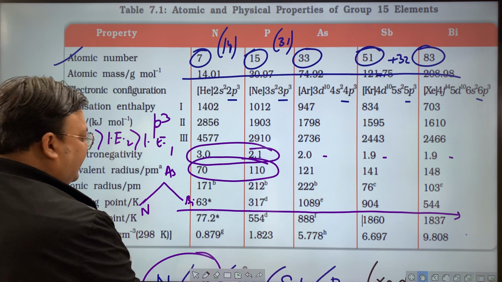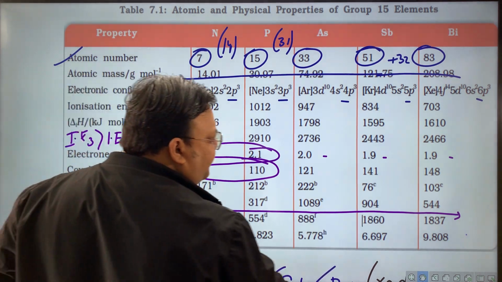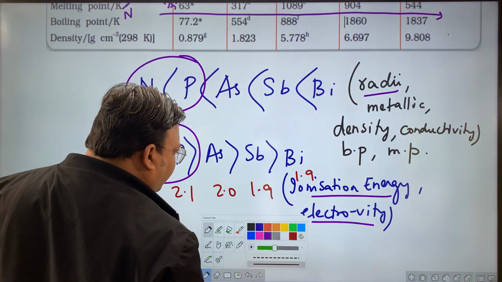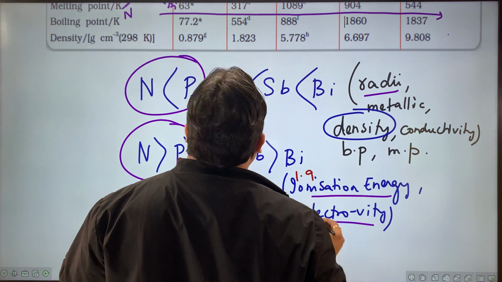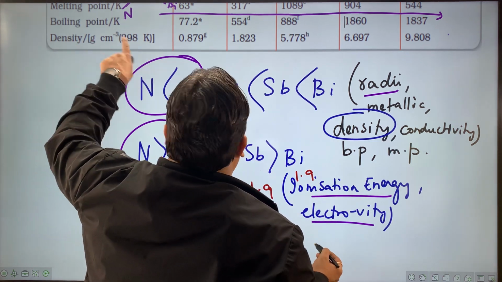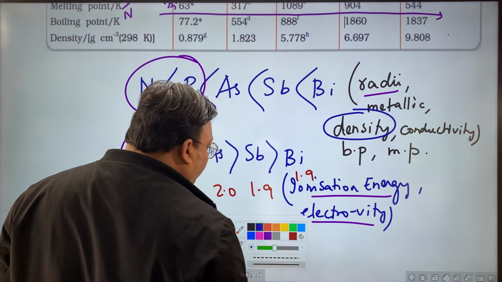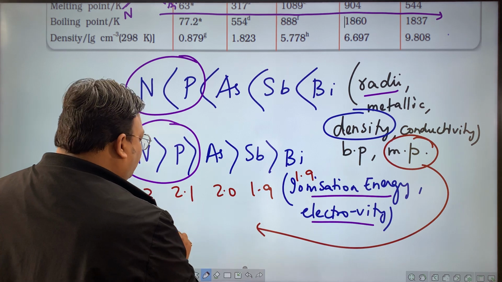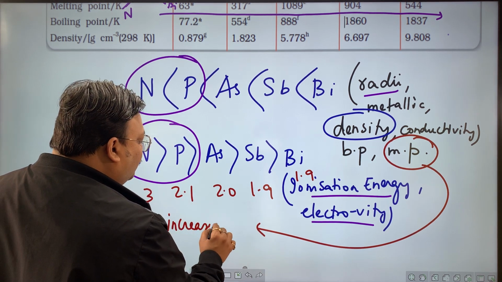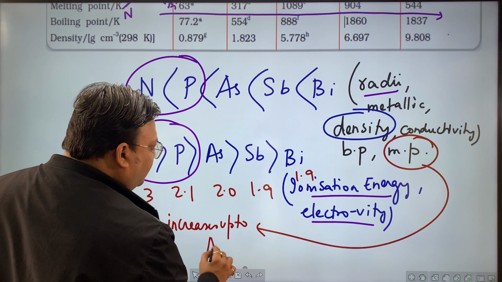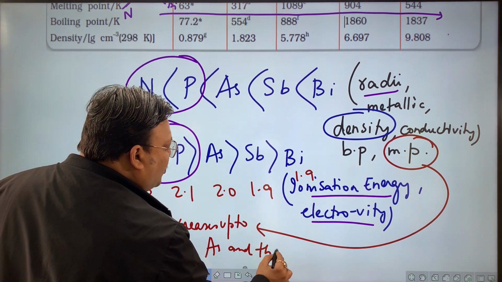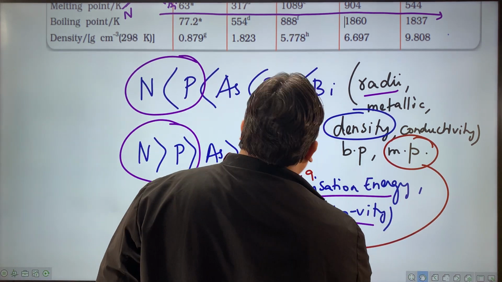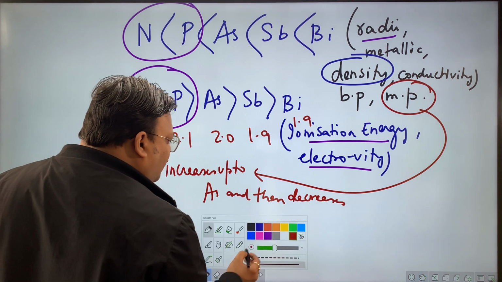Boiling point increases, that's all right. Density increases, you can see the density increases, that's expected. Density I knew is going to be increasing down the group. So density is all right. Boiling point is all right. Melting point we'll want to mark. Melting point increases up to arsenic and then decreases. So I have given you a basic idea here. This is something you will want to remember. And this takes care of all the physical parameters.